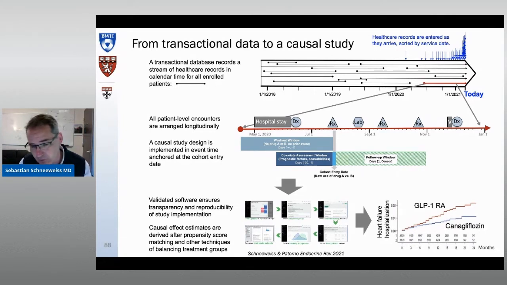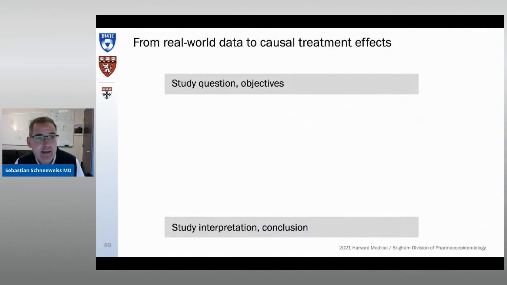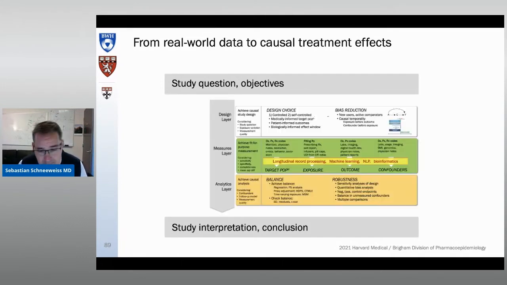That's what we want. We want to make causal conclusions on the effectiveness and safety of the medical device of interest. Next slide, please. Now, how this works is that you have a study question, you have specified objectives, and Steve did a fantastic job in this gap analysis and being very precise about what he and his organization want to know. And then in the end, you have study interpretation. If you click one more time, in between is the mechanics of doing these types of studies, the real world evidence studies. Next slide, please.